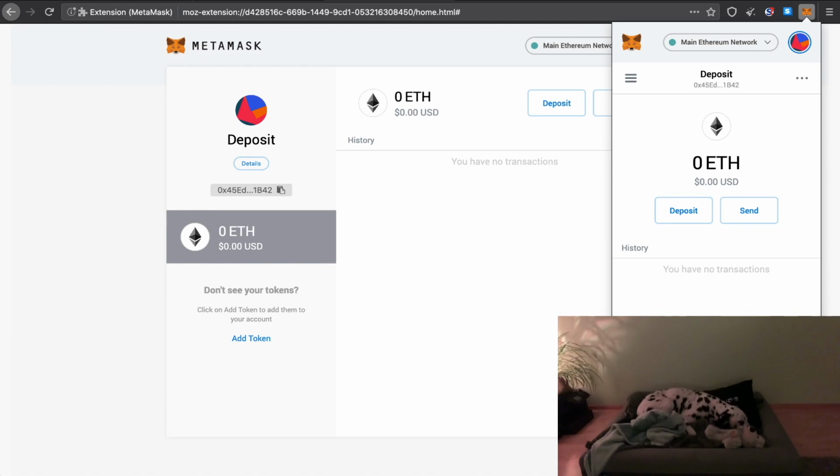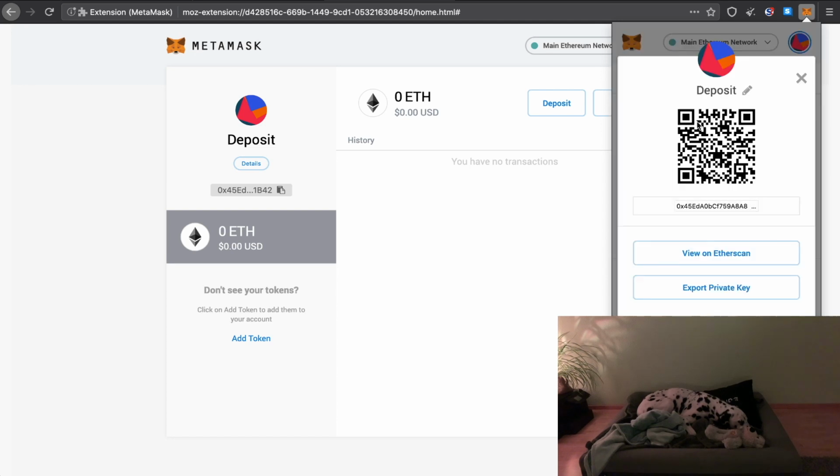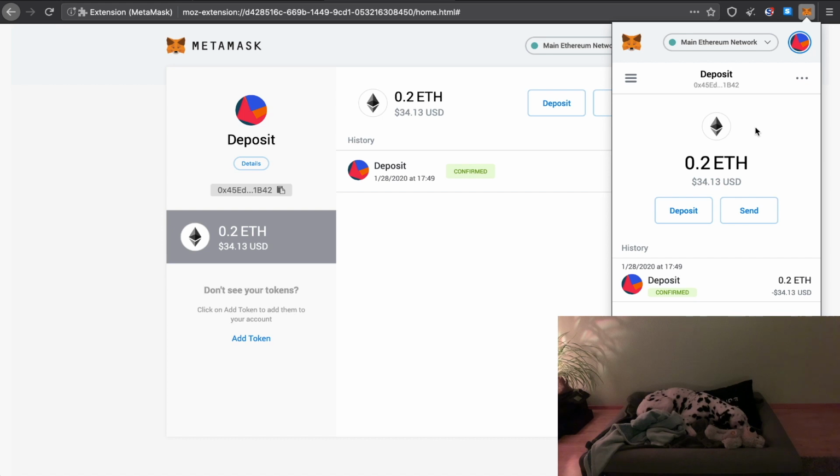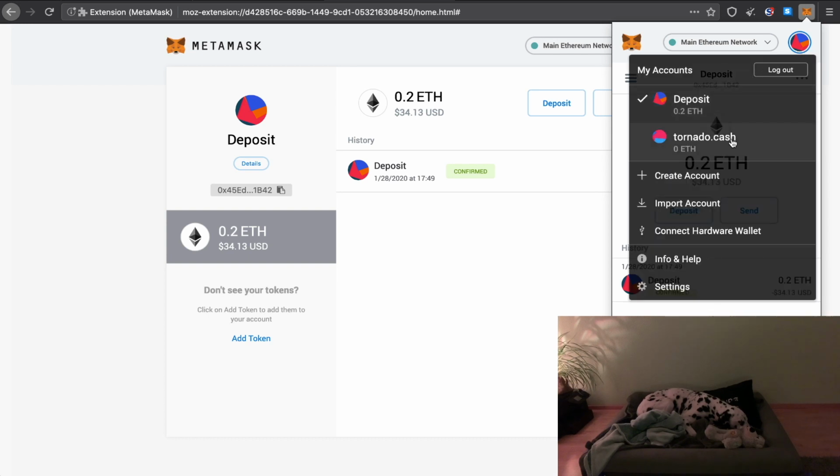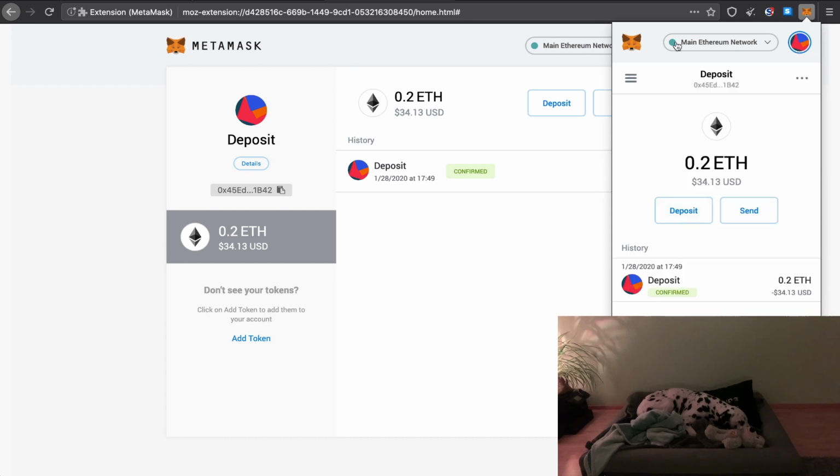The next step is to deposit some Ethereum on your deposit wallet. For that, you click deposit, view account, and send Ethereum to this account. 3 hours later, after the confirmation of the Ethereum blockchain, you have now 0.2 Ethereum in your deposit wallet. My Tornado.cash wallet is still empty. Next, what we're going to do, we're going to open up the